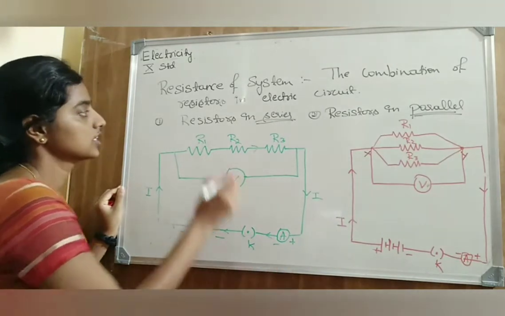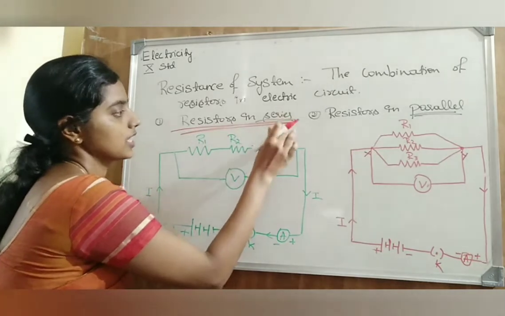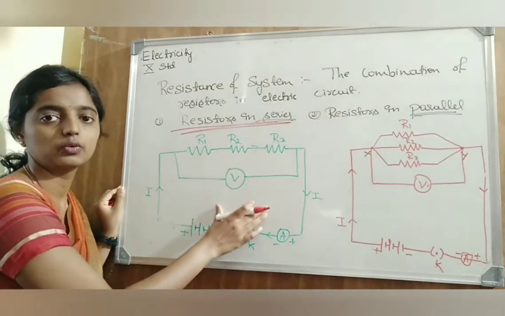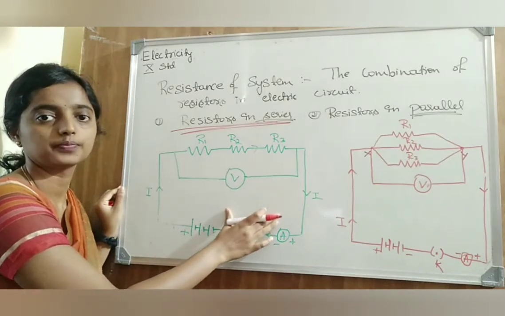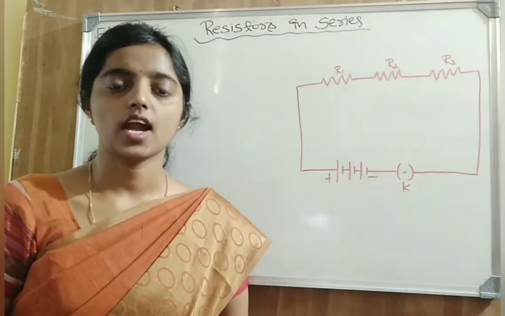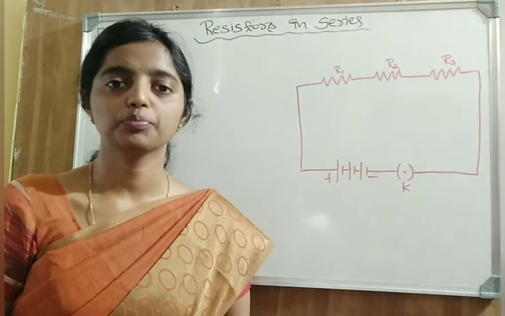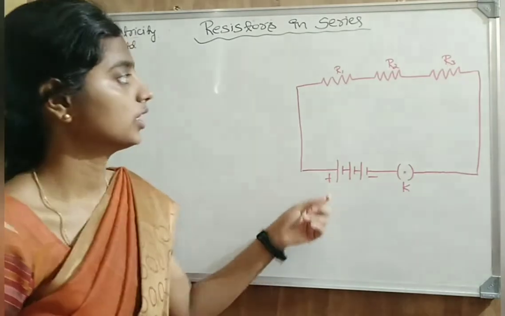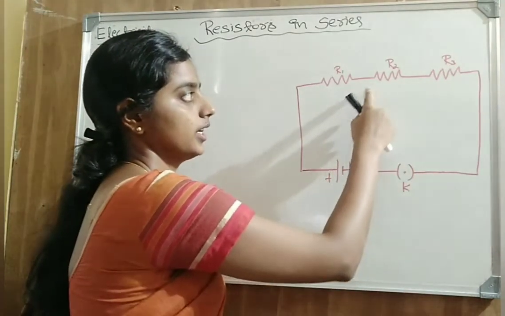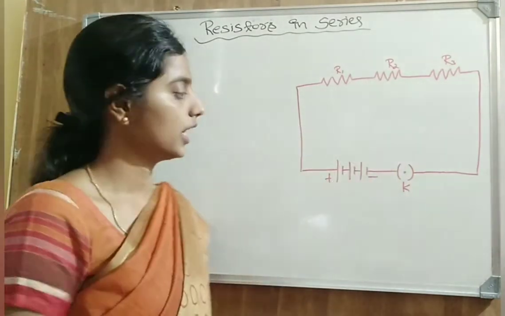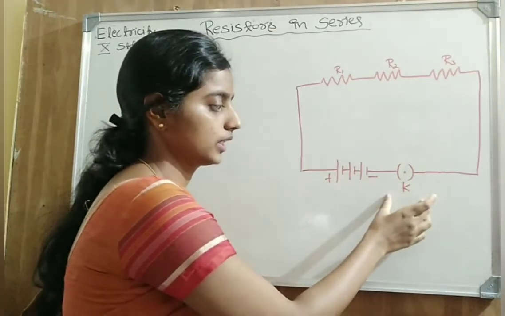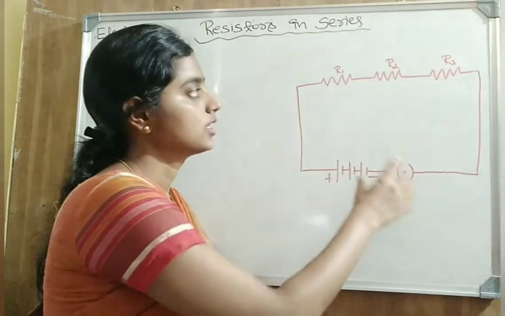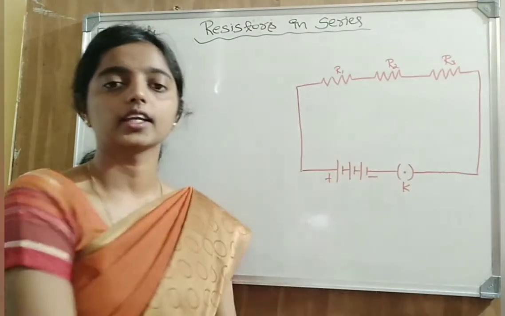Now let us consider resistors in series as the main topic, and let us see how these resistors in series will work. Let us derive a formula. Now let us understand resistance in series in depth through an activity. We have a circuit diagram where three resistors are connected end to end, that is in series, right? And we have a battery and a plug key. Let us see what is the role of current in a circuit where resistors are connected in series.